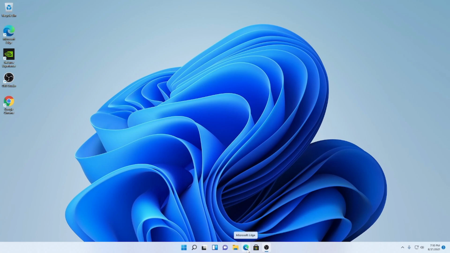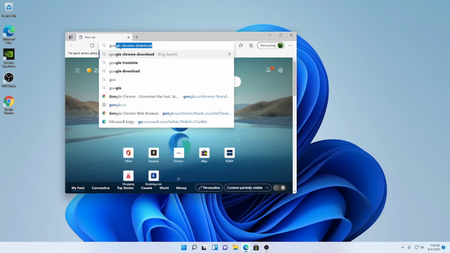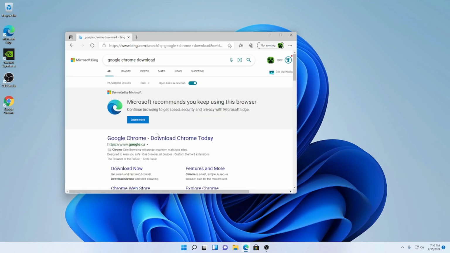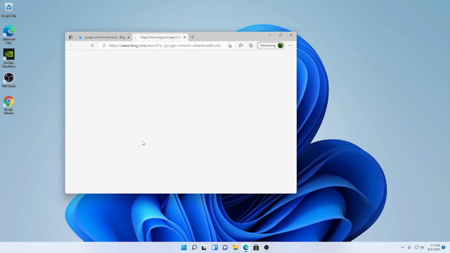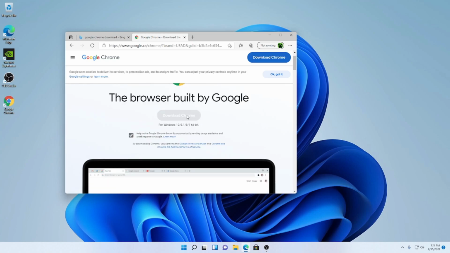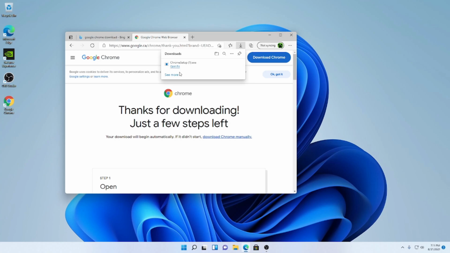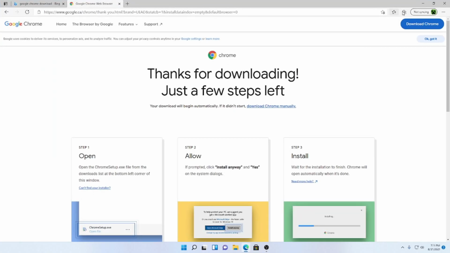So what we're gonna want to do is open up Microsoft Edge, and then here we're gonna search up Google Chrome download, and you're gonna want to click on the first link, which is the https www.google.ca or .com, depending where you live, and you want to click download Chrome, and up here it'll show that it's downloading, and then